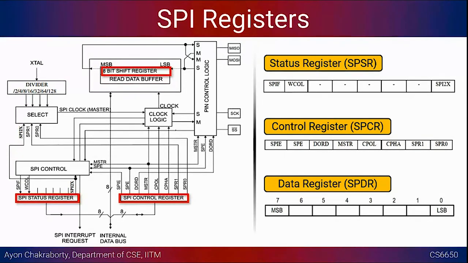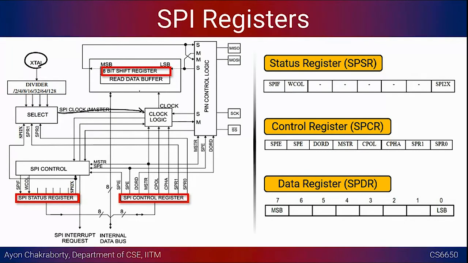These actually exist inside your microcontroller, and there are certain pins that are pre-configured to serve the MISO, MOSI, and chip select functionalities. And like any other peripheral, you have a crystal input that goes through a prescaler, and the prescaler, as you see, can be chosen, and that will go to the SPI clock master. So there is a clock logic, and this clock is going to determine how fast the data is going to go in or go out. The shift register is basically controlled by this clock. So how frequently the shift is going to happen will be controlled by this clock.